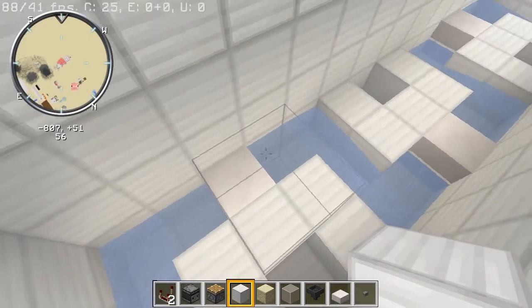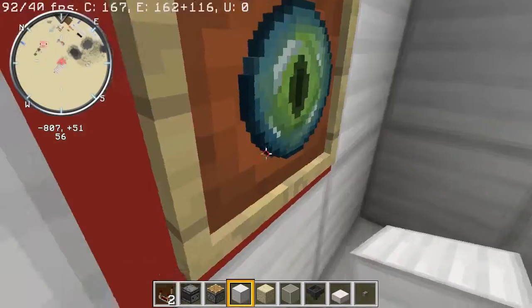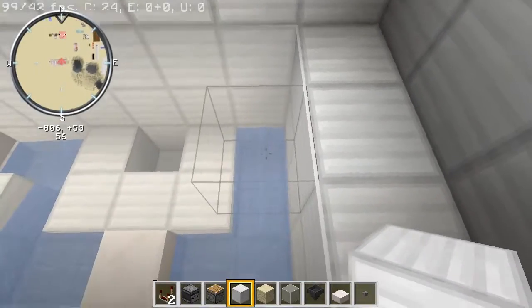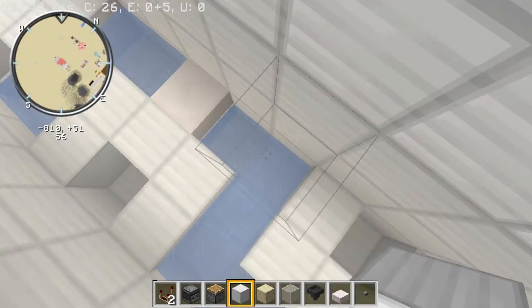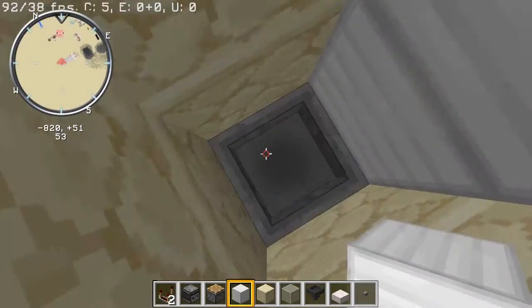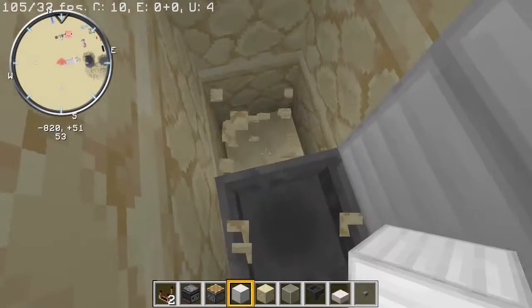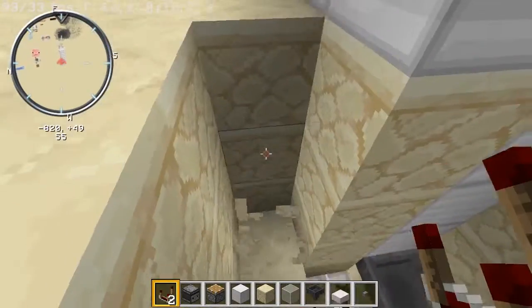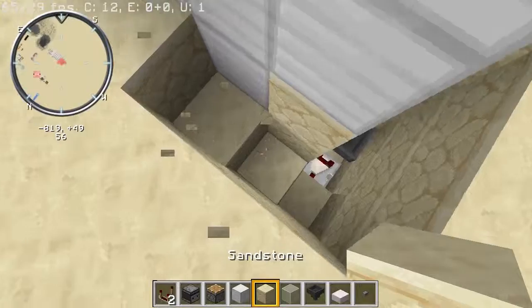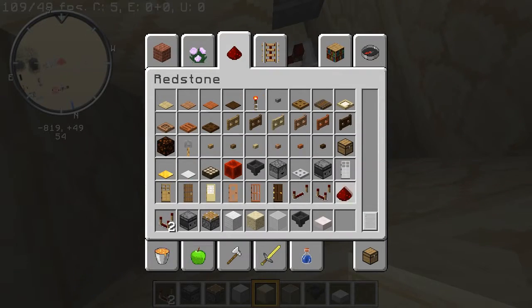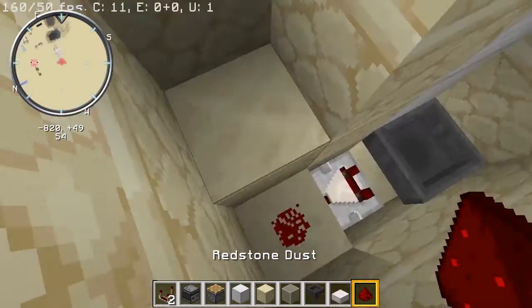Alright, so once again I made this unnecessarily complicated because when you turn this, it doesn't do anything yet, but it will dispense an item into the water, which will make it go along this track. It's not that complicated of a track. Go into a hopper, and I plan on taking a comparator output from here, and then from there, the redstone signal is going to be able to travel up. So the only way that the lights are going to turn on is after